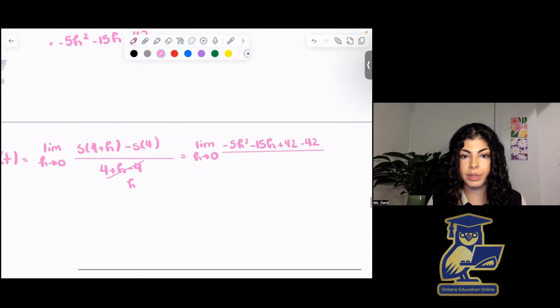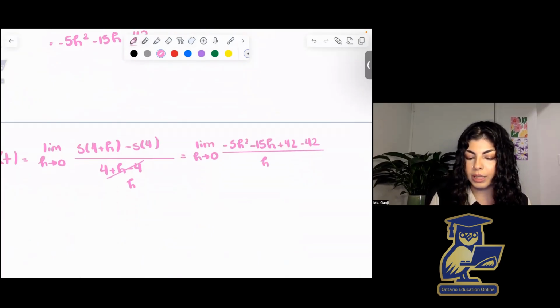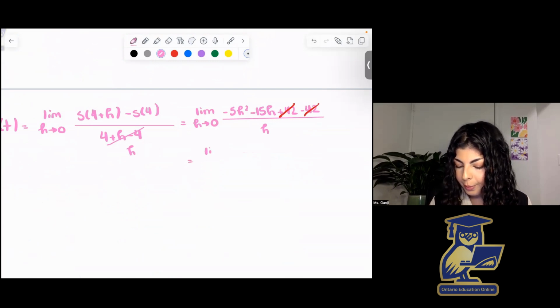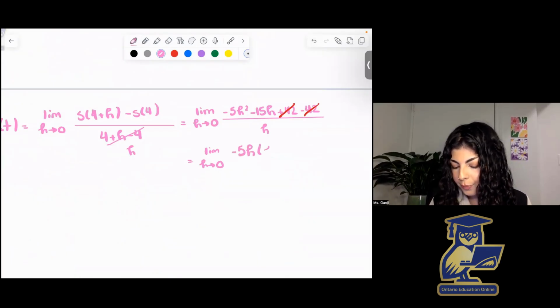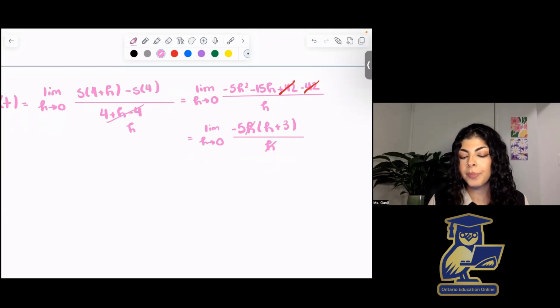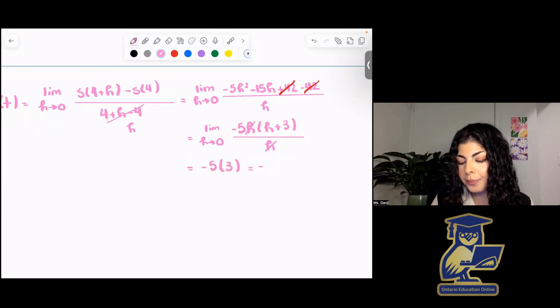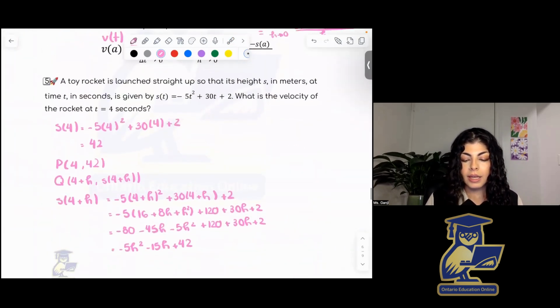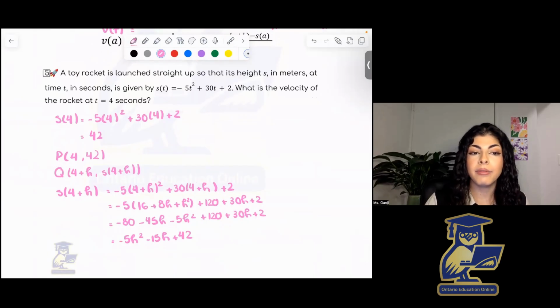Which actually works out great because I can already see that 42 minus 42 is going to cancel out. And so here I am just left with, and I'll just factor out the -5h. So then I have h plus 3 over h, and these two will cancel out. And as h approaches 0 here, my bracket itself will become 3, but I do have that -5 to account for as well. So this becomes -5 times 3, or -15. And now this tells me that my velocity is negative at t equals 4 seconds, which could mean that